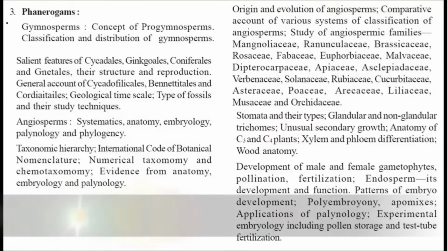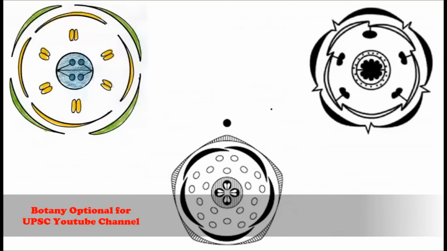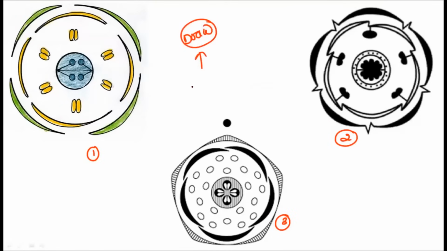Now see, we are dealing with Paper 1 and Chapter 3, Phanerogams, in which we have to study the gymnosperms as well as the angiosperms, and we are studying the angiospermic plant families, under which we have to study the floral diagram for each and every plant family. Now see what you can see in the picture. These are three floral diagrams. As you know, digitally we can draw such accurate diagrams for every flower, right? But when you draw the diagram by hand, it should also look very convincing, and it should be very comparable with the digital diagram.